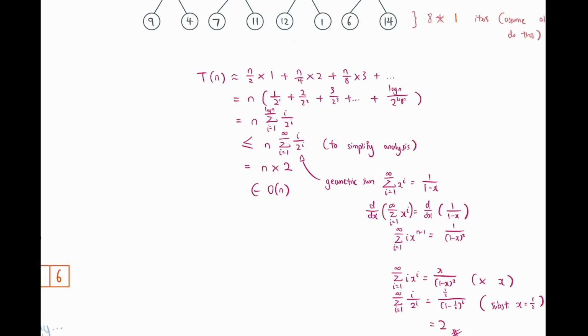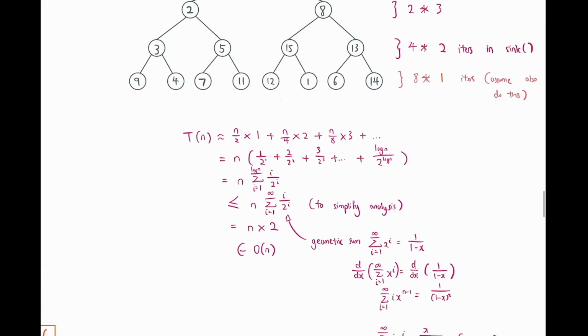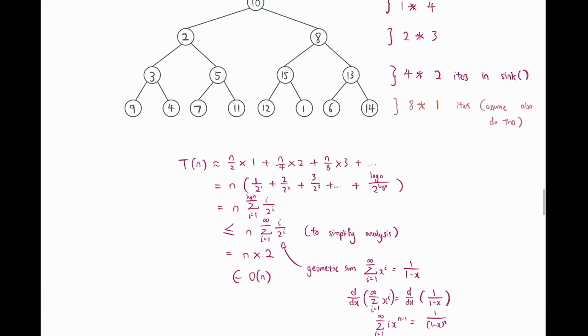And here we can see that we're just translating everything in terms of this is 1 times n, basically divided by 2 to the power of 1. Here this is the next level, 2 times n, where n is as usual the total number of nodes,